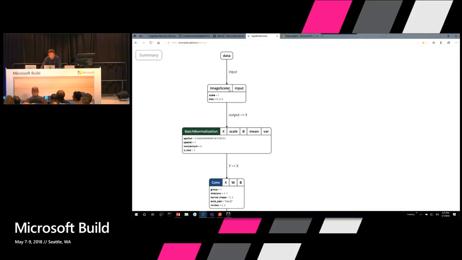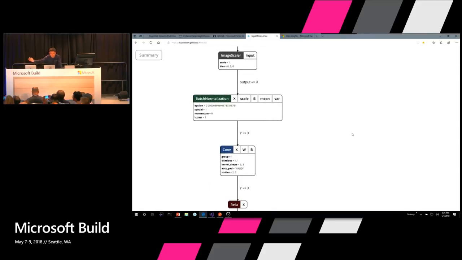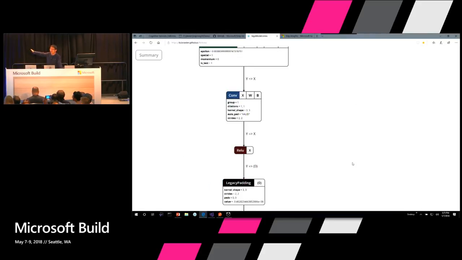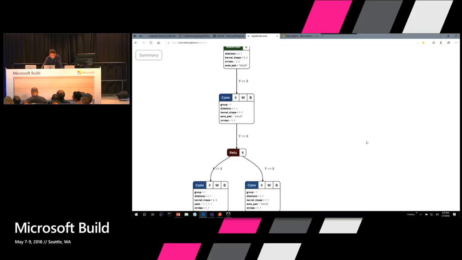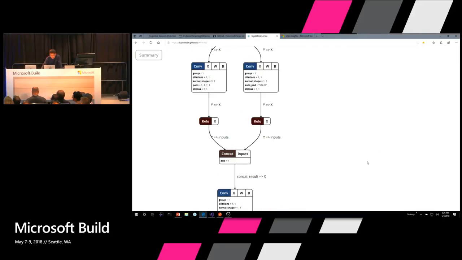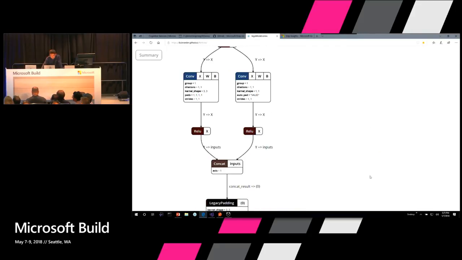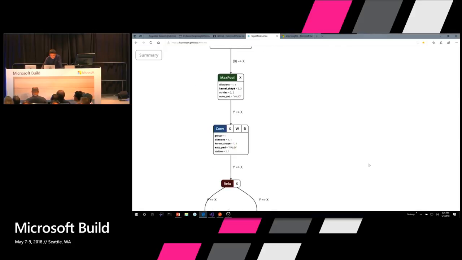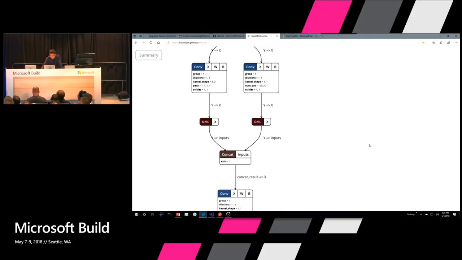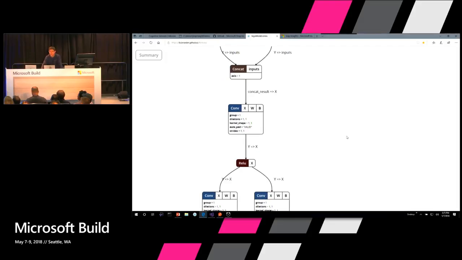you'll see that this has some image scaler, it does some batch normalization, it does some convolution, it has an activation function, which deep learning folks will know as ReLU, right? And of course, if you go up and down, you eventually get to a point where it has an output, right? And this is a really, really small model, right? And finally, you should see the output somewhere below, right? Now, this allows you to see and peer into the insides of the model.